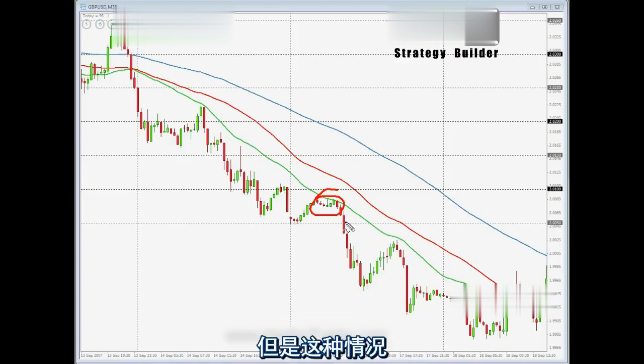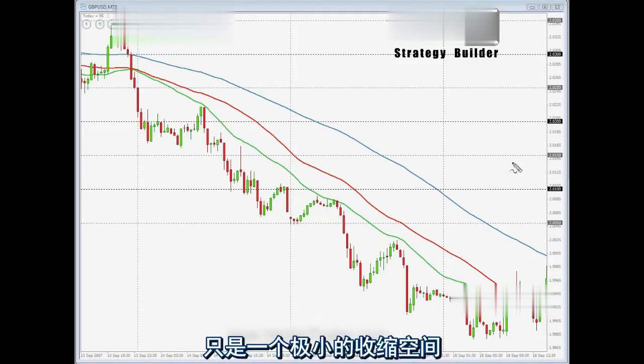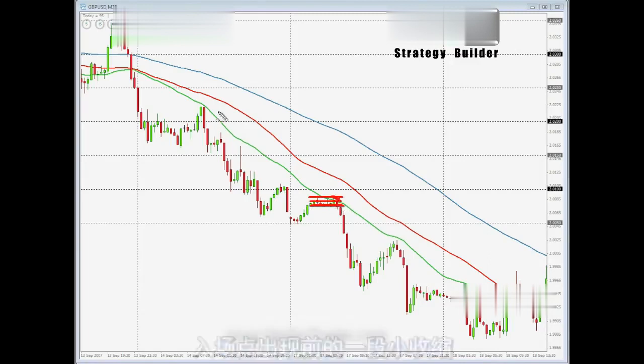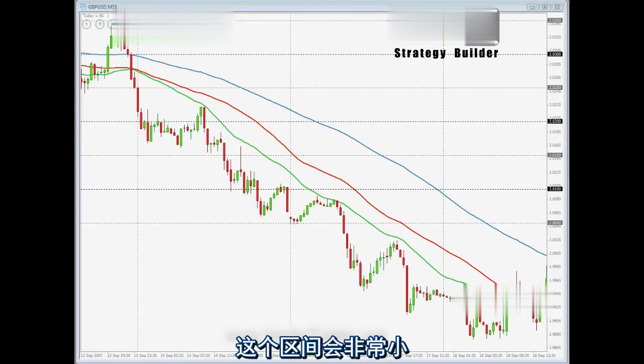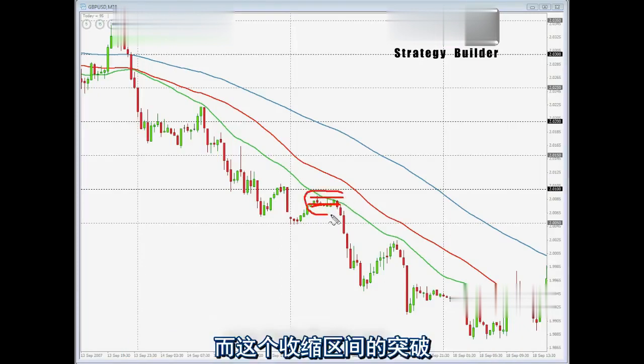But in this case, it's not that the whole market enters a congestion area. We will enter a congestion area as far as the entry in itself goes, around this area of decision taking. Okay, that's why the congestion area will definitely be so small that you would zoom into the shorter time frames in order to trade it, and we're going to take the breakout of